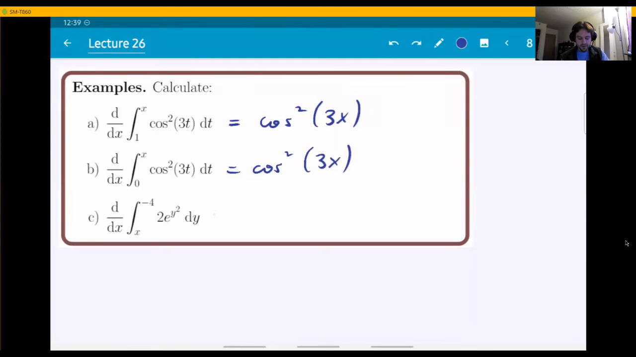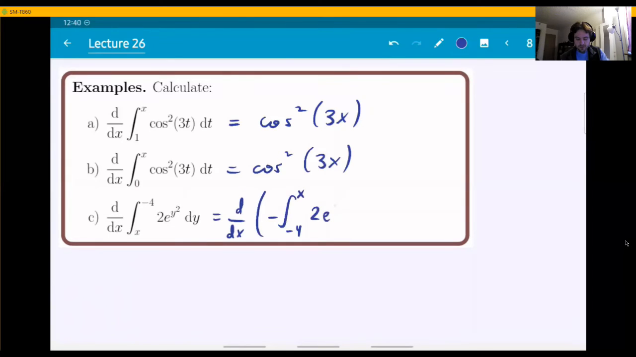And finally, the third one, you have d/dx, but what you have now, it's technically not an area function because the variable x is downstairs instead of upstairs. There is no problem about it being y instead of t. That's okay because that's just the variable of integration. The problem is in the location where x is. So what you have to do first is this. Remember that